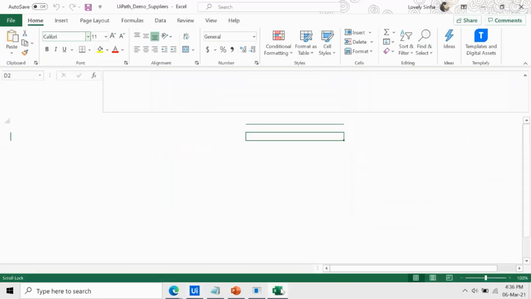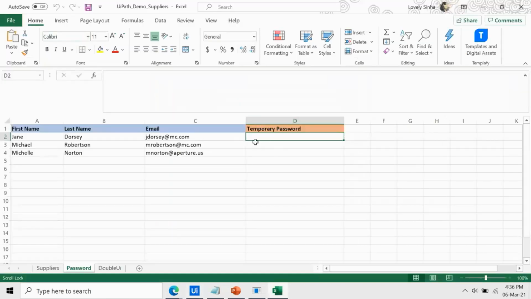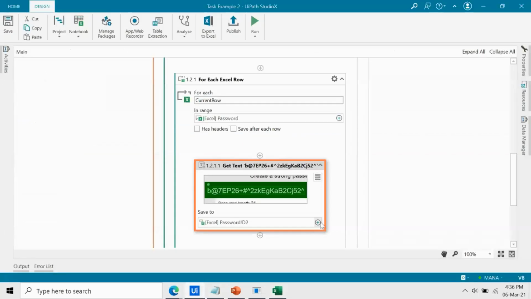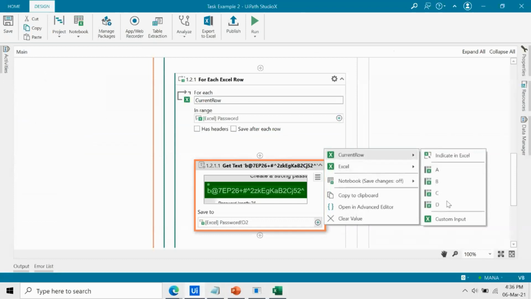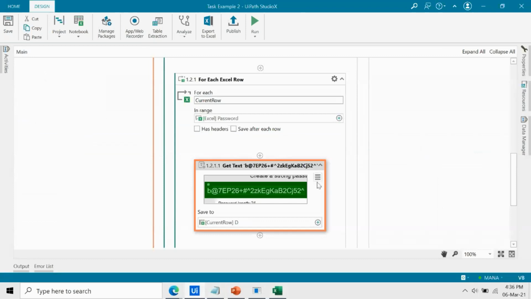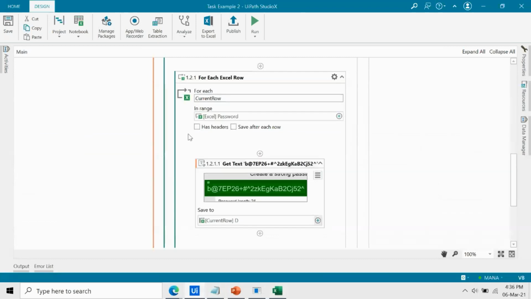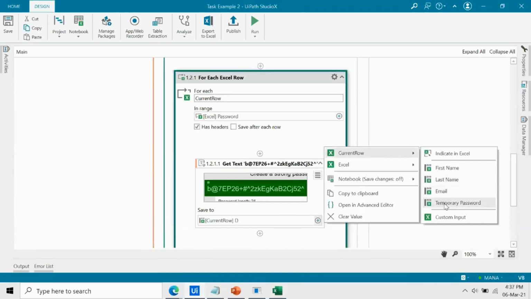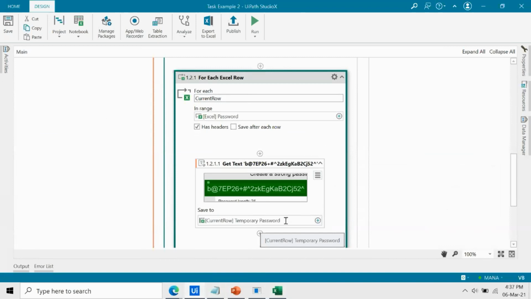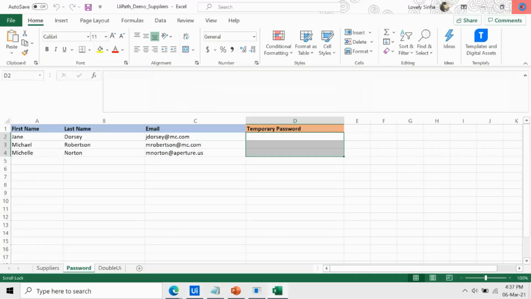So this time I know that instead of directly saving in a cell, I have to perform the save operation for entire rows on this particular D column. So I go back here, plus current row, and then choose D. So I can see that the headers were not recognized. It is instead named as ABCD because I didn't choose the has header option. In case I have now chosen it, I can see that it has been renamed as temporary password, which is my exact column name. Okay. Save it. Now I will close this Excel file